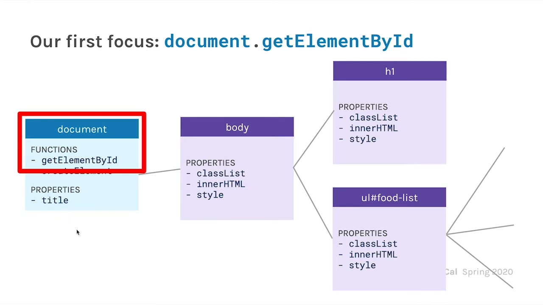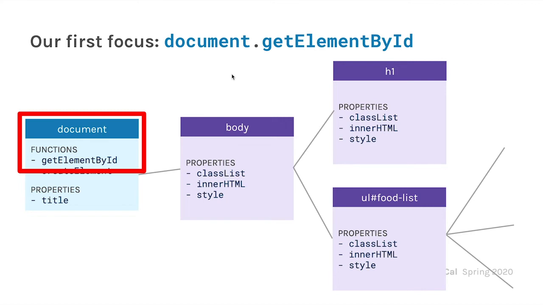For example, one property that it has is title. So if you say document.title, then it'll tell you what's in the title tag. And you know how the title tag is the text that appears on the top of a Chrome tab or another web browser window. So that's one property of your HTML document. Right now, we're going to focus on